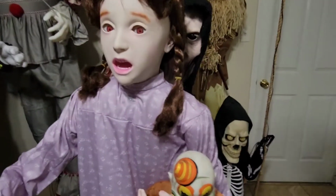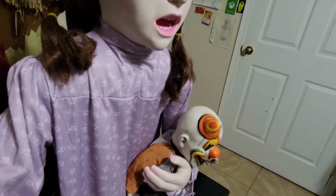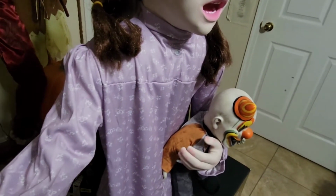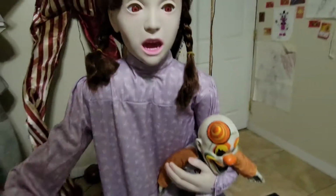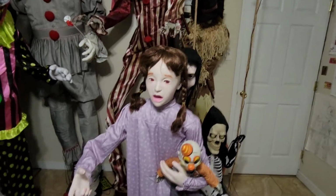Her clothing is basic, like a nightgown, nothing too out of the ordinary there, which is fine. I'm actually happy it's a nightgown because it's like she can't sleep or whatever, because she's in her night clothes. But